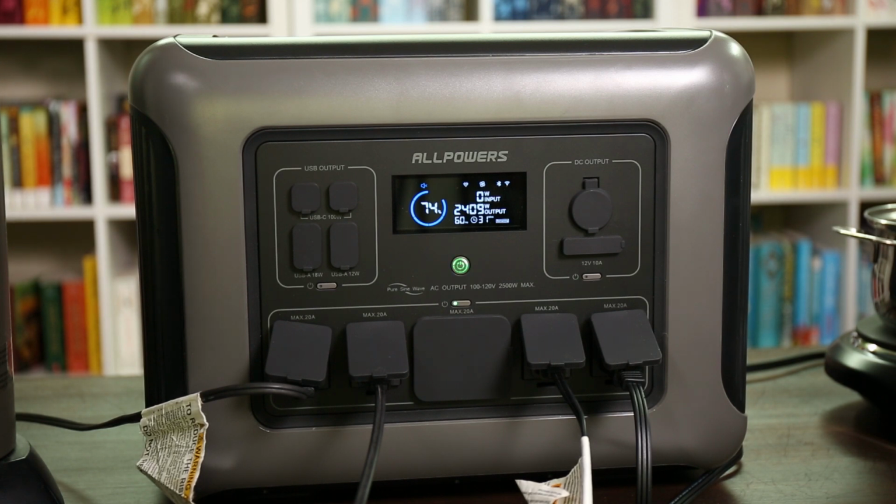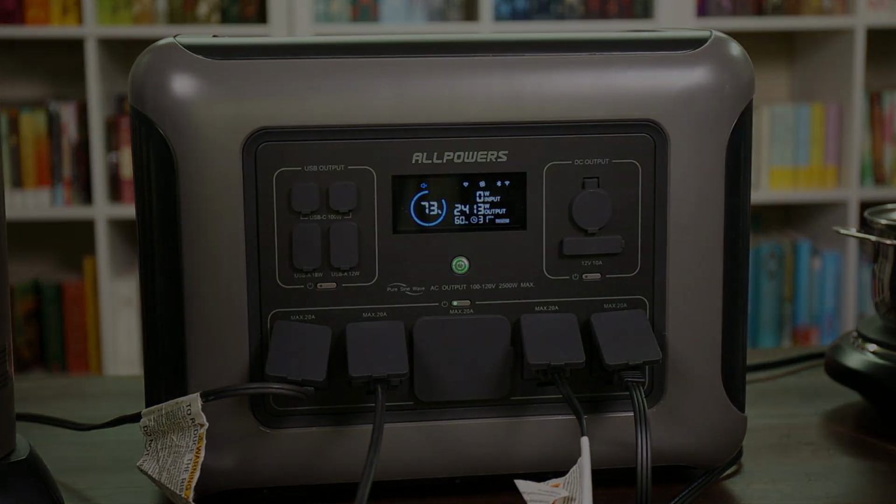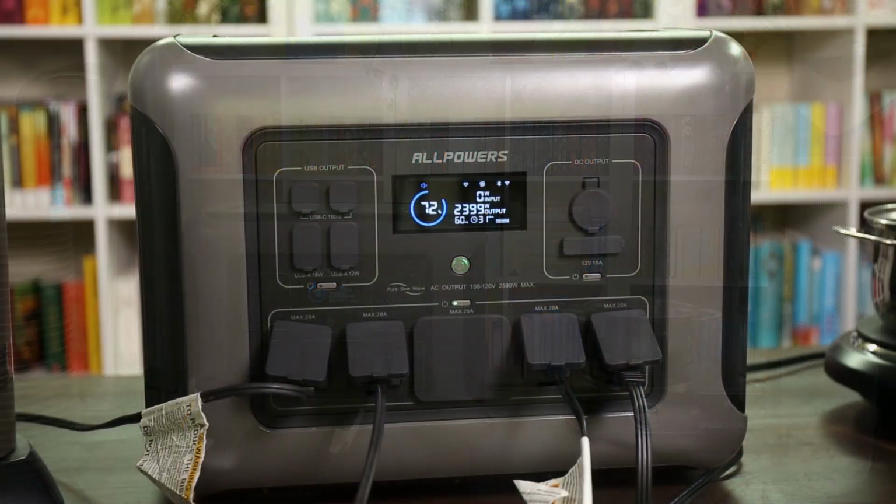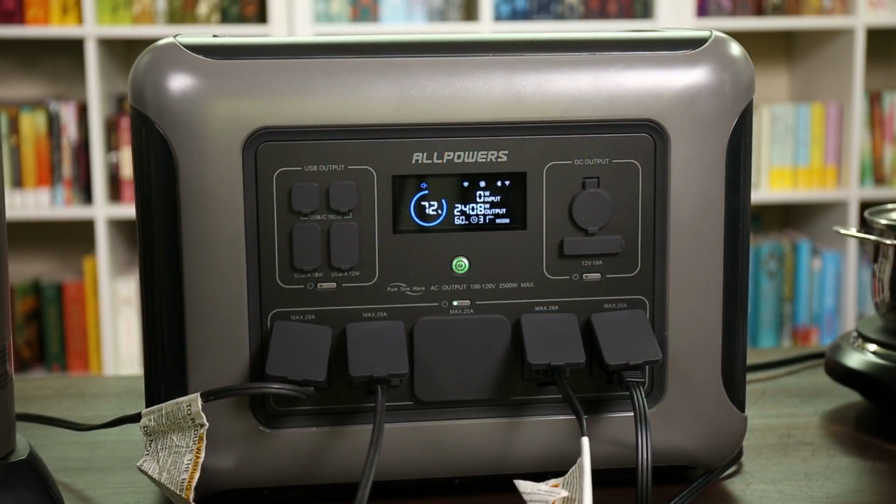Okay, so we have 4 different devices here. Let's just let that sit for a few minutes. It's not quite at the 2500 max, but this is a good output. We're running a heater, 2 air purifiers, and both sides of a cooktop, and we'll just see if this is going to be able to maintain that. Okay, so this doesn't seem to have any problems there running on all this, so that 2500 watt output number